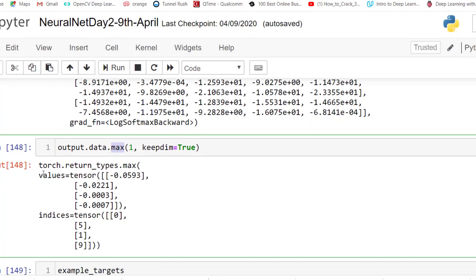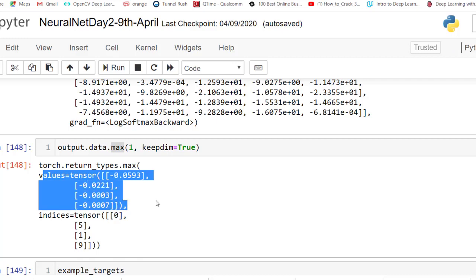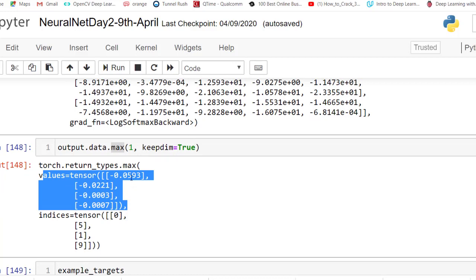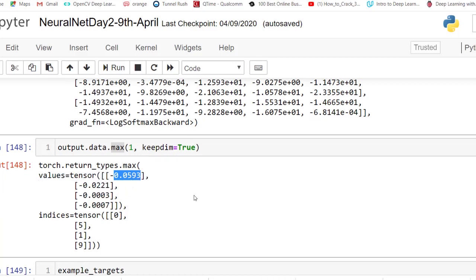What it is doing is returning the max of every row. So for row 0 the max is this number, and what is the index of this number? 0. So our predicted label is 0. For row 1 this is the max value and the predicted index is 5, which is the same as the label. Similarly for this one, 1 is the prediction. Similarly for the last image, 9 is the prediction.